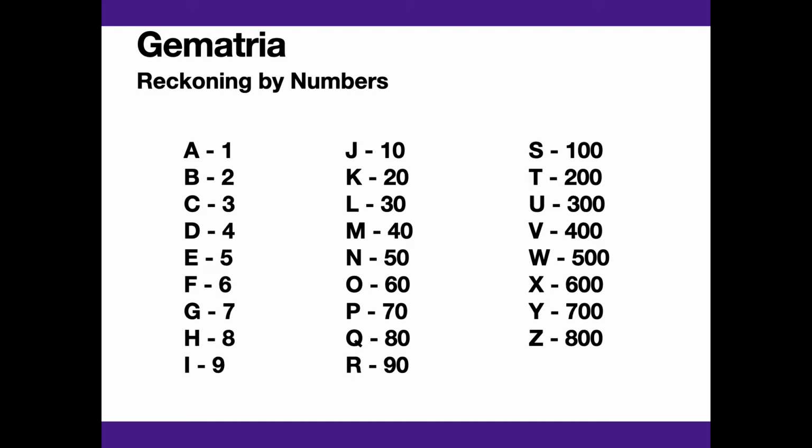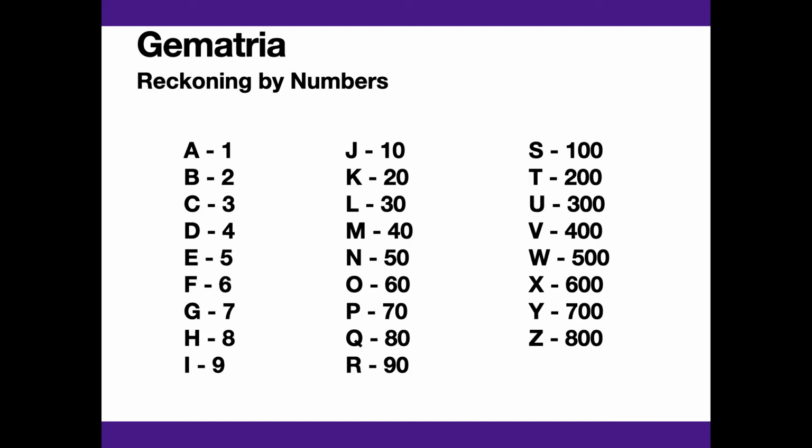So with every alphabet, it's a little bit different. This is English, this is Hebrew. But look at the English one and practice writing out the alphabet and going 1 through 9, 10 through 90, 100 through 900, etc. For English, it's going to go to 800